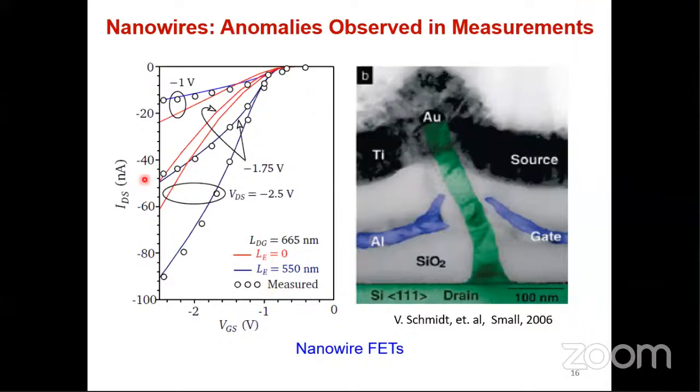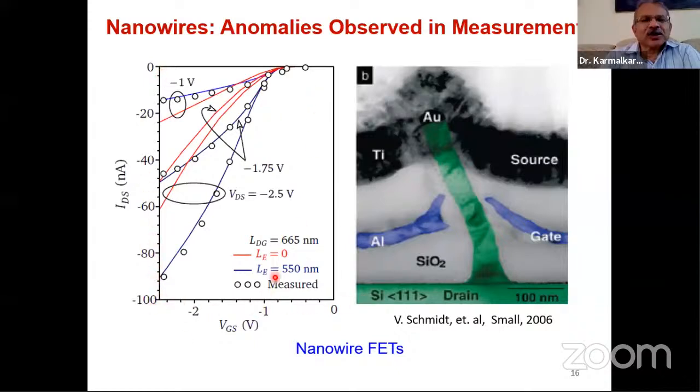You can see the current voltage characteristics shown here. When you increase the voltage, for some range the current is 0, but beyond some voltage the current starts increasing. The amount of current is also a function of VDS. VGS is the gate to source voltage. Look at the structure here. This is the gate, this is the source, and this is the drain. You apply a voltage between gate and source, and you also apply a voltage between drain and source.